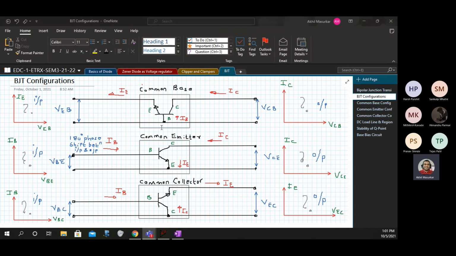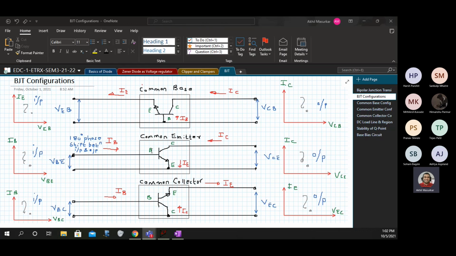Initially we will start with the NPN transistor, and you all will be implementing the same for a PNP transistor. We will start with common emitter first, then we will generalize our approach to common base and then common collector.